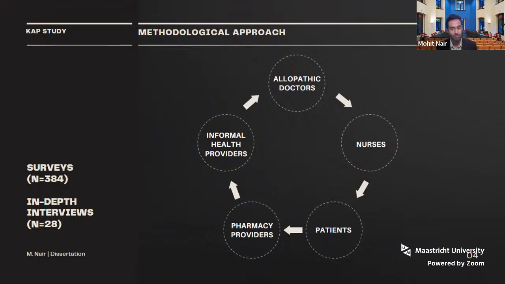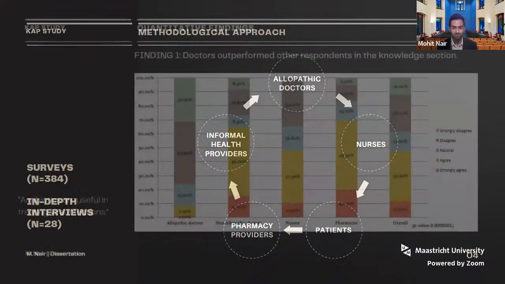I also wanted to share, we used the term pharmacy providers because it was impossible to determine with the various people we were interviewing at chemist shops whether they were licensed pharmacists in a setting like this, where one pharmacy license is often shared across various shops, and that's important context for the work. In addition to a survey, we also conducted 28 in-depth interviews with each of the provider groups as well as community members. And community members were purposefully sampled based on geographic proximity to the district hospital and more remote areas closer to the primary health centers or subcenters.